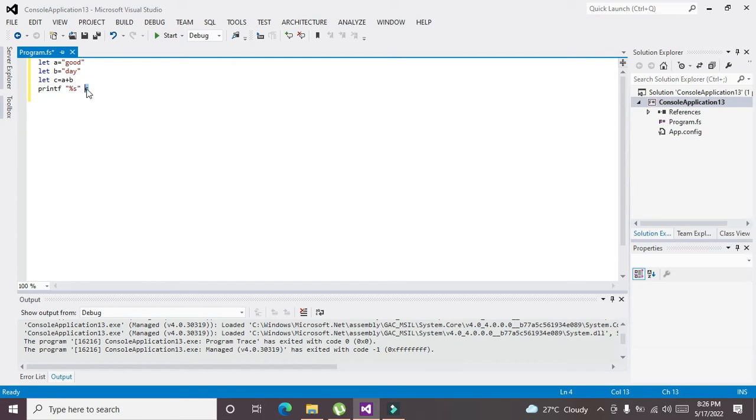And if the data is of decimal type or integer type, then we need to write %d. And if it is any string type, then it is %s. Now what sort of data inside c will be printed on the console window? And after this is done, we need to write